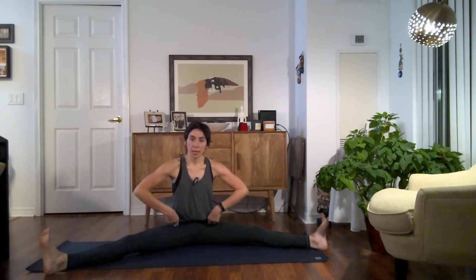You can stay here. Now we have a common misalignment, let's say, because we have tight hip flexors, so we tend to sit that way. Let's first try to sit in the right way where we take it all the way out. So it's just like turning ourselves, taking our sit bones back. If your